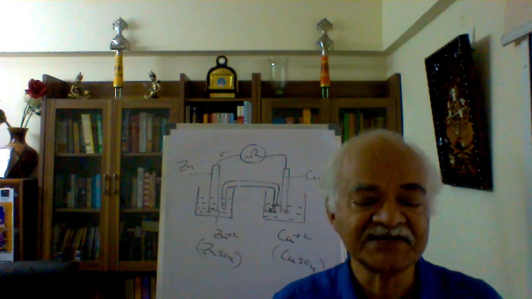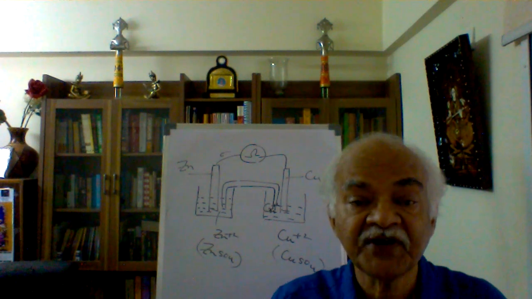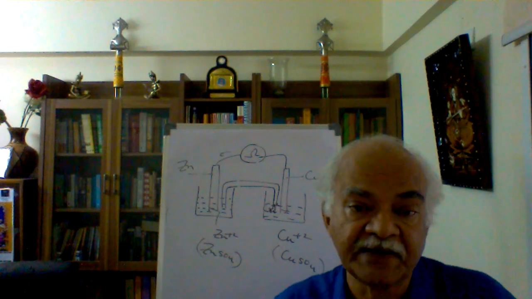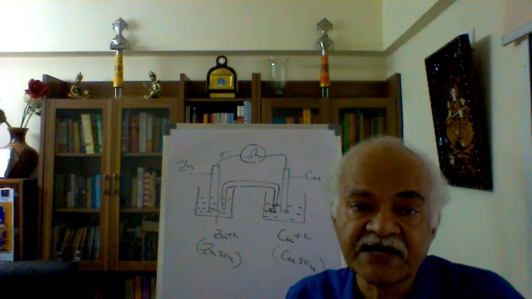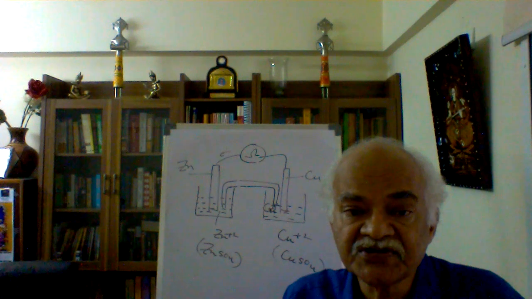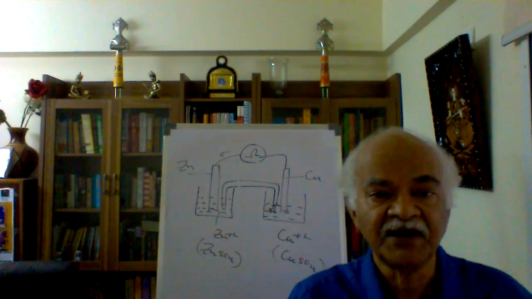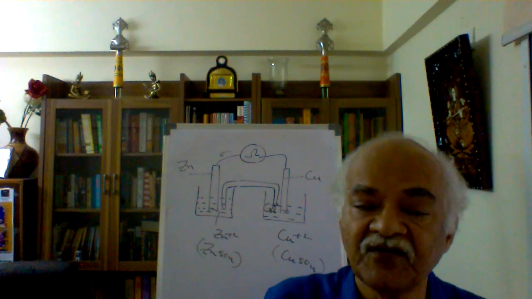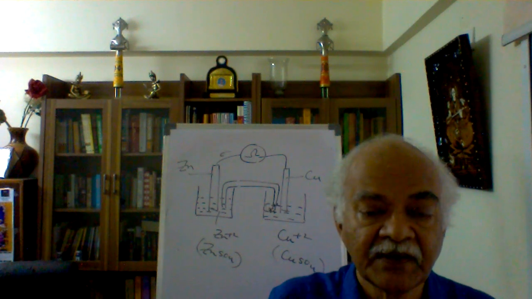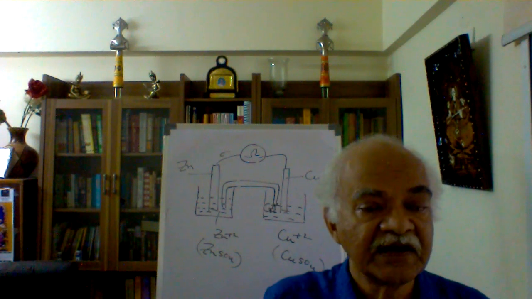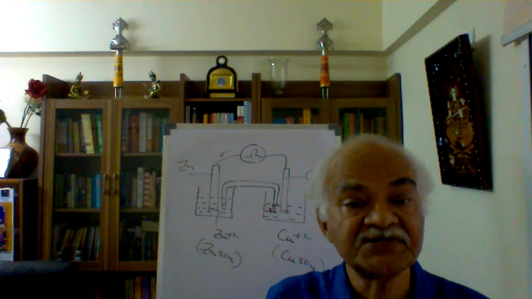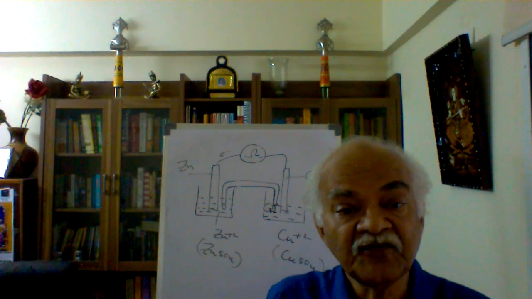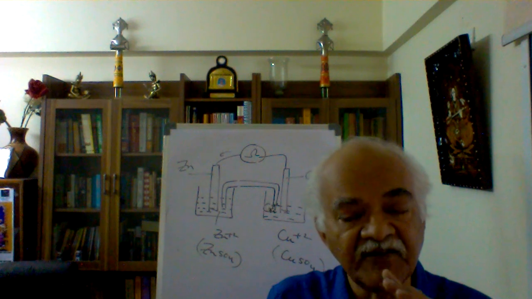The next point is, we are now trying to go beyond the zinc and copper example or the sodium and chlorine example. Because redox reactions are many of them. How do we understand them? We cannot take each one of them and try to understand them. Now, what we are going to do is, we are trying to build up a new concept as part of further understanding of the galvanic cell.